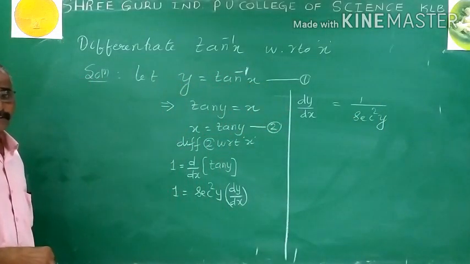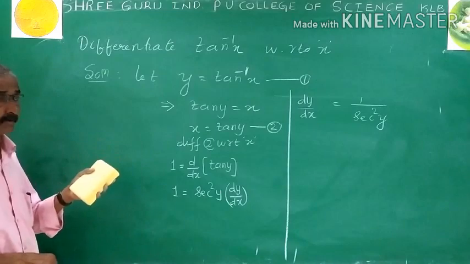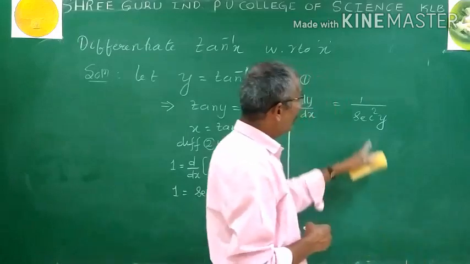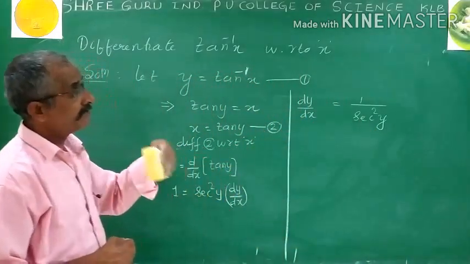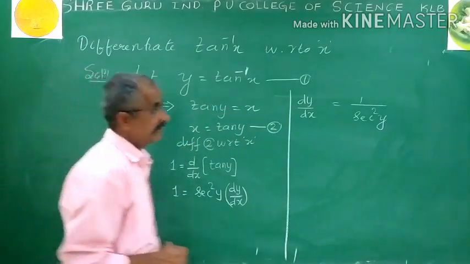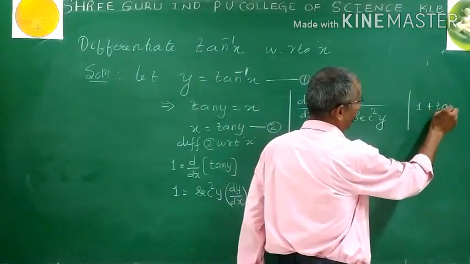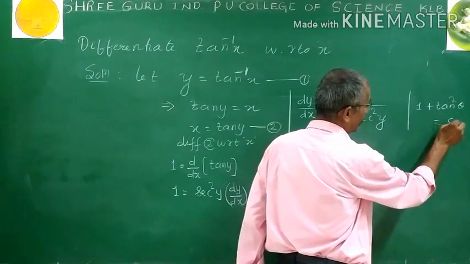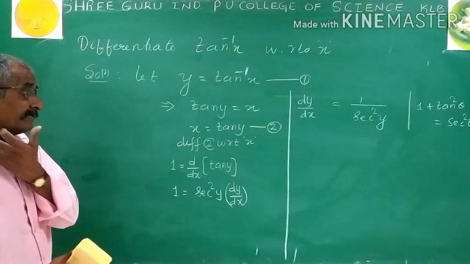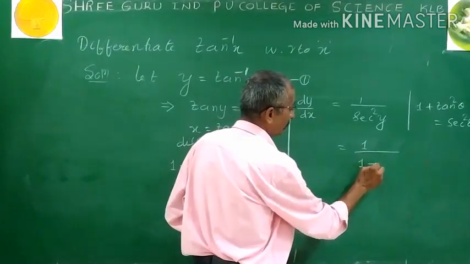Because for explicit functions, as you know in first year PUC, the answer of the derivative must be in terms of x. To get that, we had better transfer this in terms of x. For that we have to write sec in terms of tan, because tan y is already given in terms of x. So recall the trigonometry formula. We know that 1 plus tan square theta is equal to secant square theta. Now secant square y can be written as 1 plus tan square y. So dy by dx equals 1 by 1 plus tan square y.